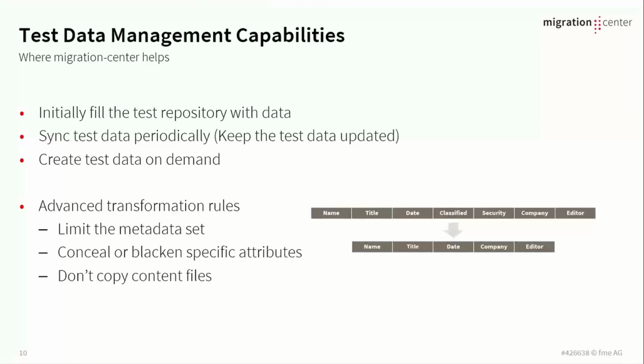So you can, of course, do an initial fill of the test repository with data, and you can also copy it. For example, you can migrate this data into the dev system, and after that the same data into the stage system. And you can also manipulate the metadata while doing that. Also, you can sync test data periodically. That means, after the initial fill, and I will show you that in the demo as well,